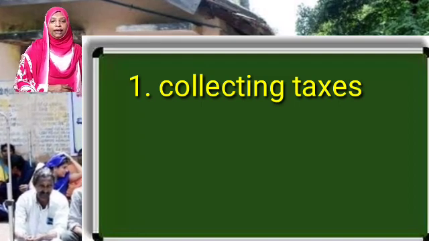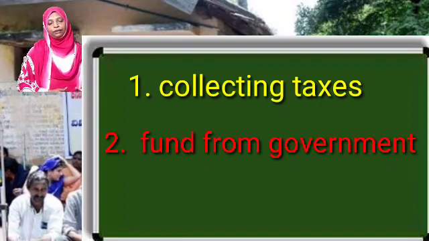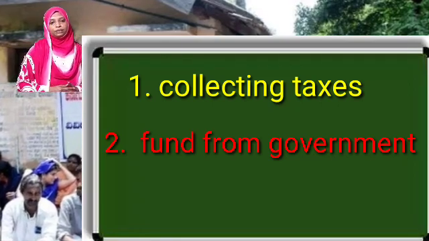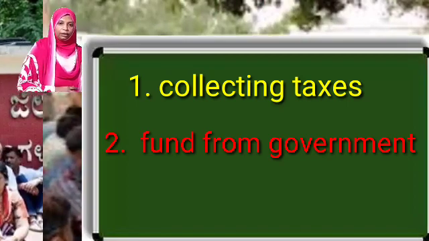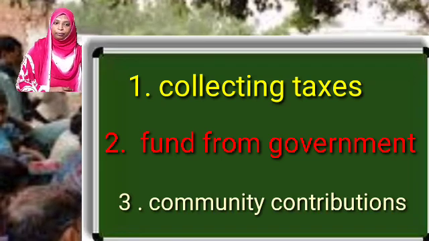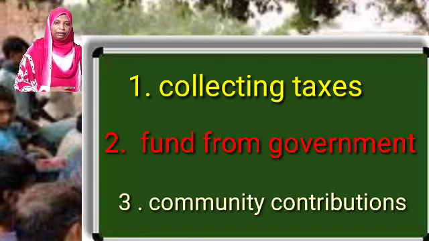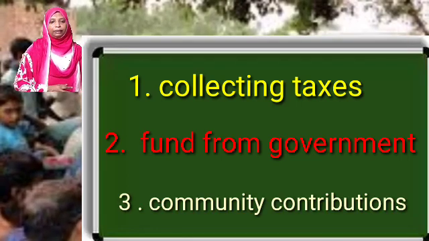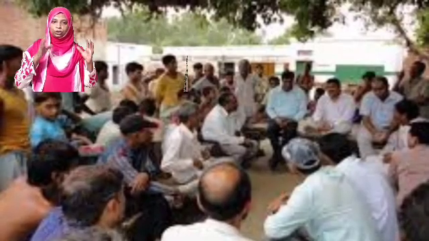Another one: the government of every state will give a particular amount of money as a scheme for conducting different developmental programs in that particular panchayat. And the third one is the funds given by people, of different types, for conducting community development. So, three major sources of income are there and three major important functions also are there for our panchayat. Panchayat and Gram Sabha together make the development of a particular panchayat easy because the sarpanch and panch will be so familiar and also so common to all people of their locality.